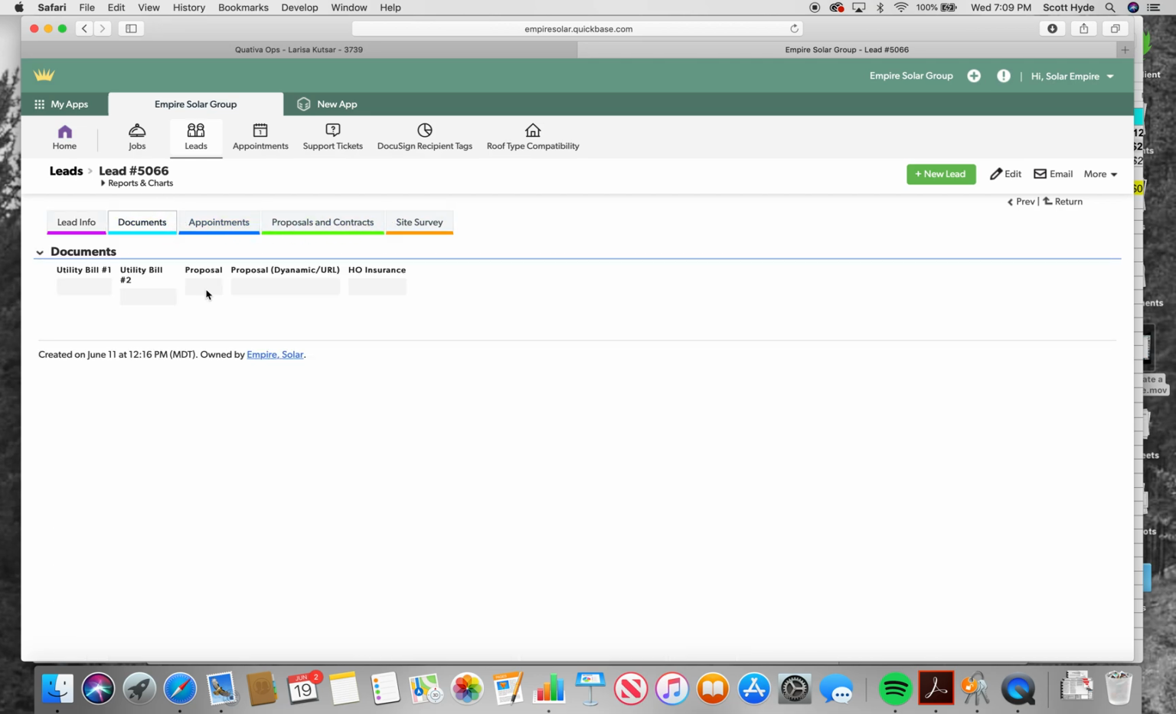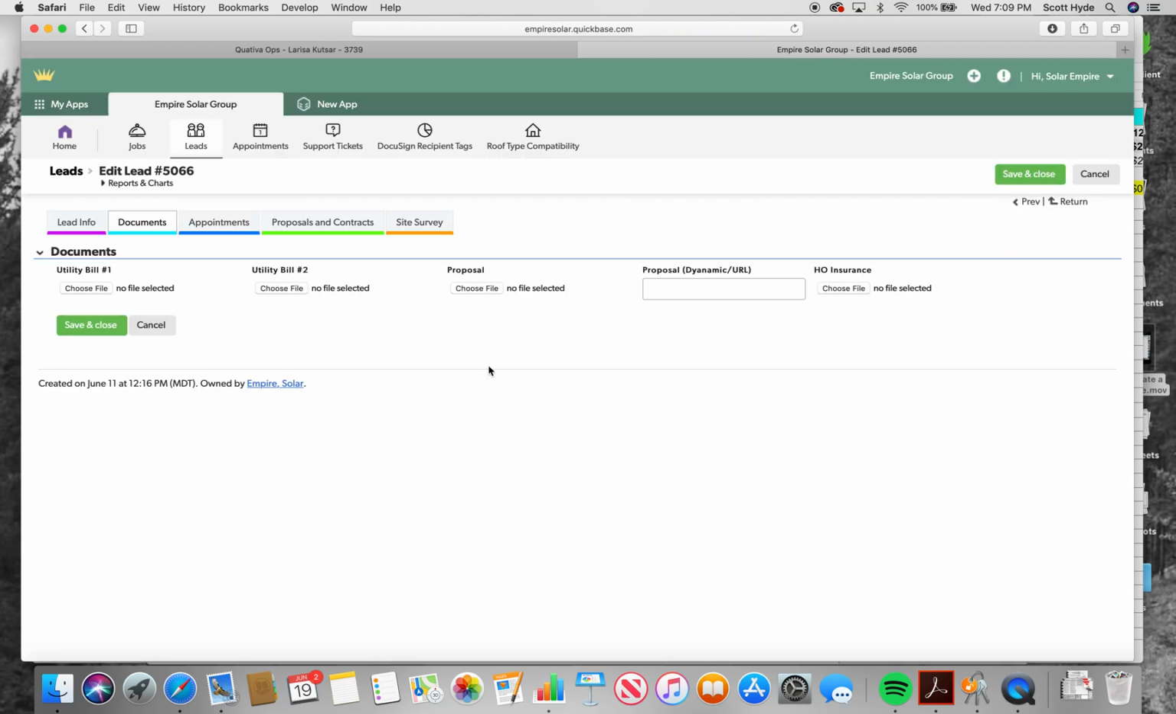The documents section, if we want to load all the utility bills, or if you're using a proposal tool like Aurora, or if you're using, say, Phoenix or Solo or something like that, what we want to do is hit the edit button, and then we can upload the utility bills, as well as if it's a PDF file we can upload, or in the case of Phoenix or Solo, whichever one you're calling it, you can obviously just paste the hyperlink here for the URL, and it will populate for Empire's ops side to make sure they're matching proposals with actual